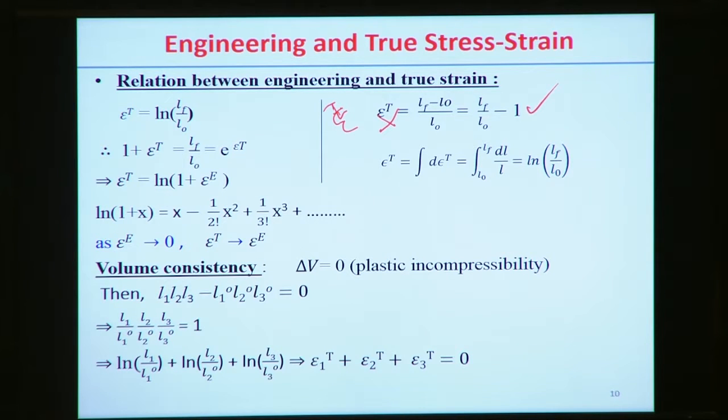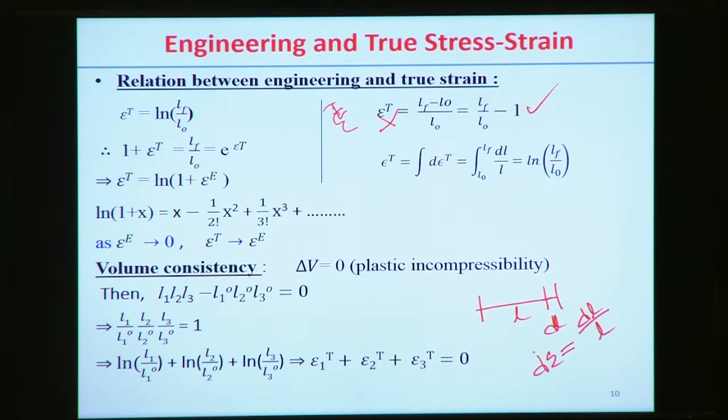But when you try to estimate the true strain, we assume that there is one element of length L, and at this instance the increment of length is dl. So at this point the increment of the strain, d epsilon, the elemental strain, that is the true strain actually, can be defined by the increment of length with respect to the original length at that point.